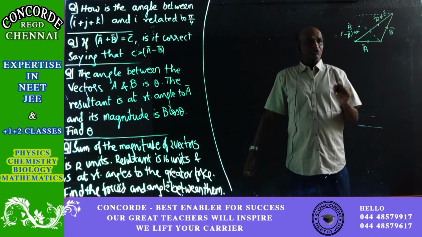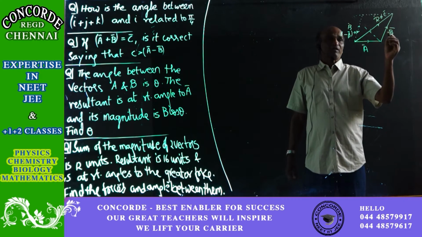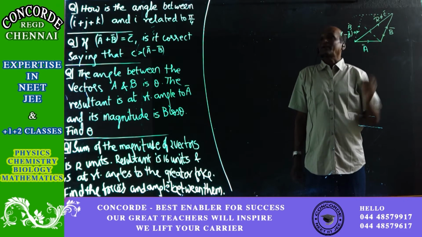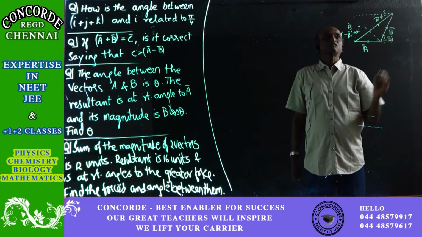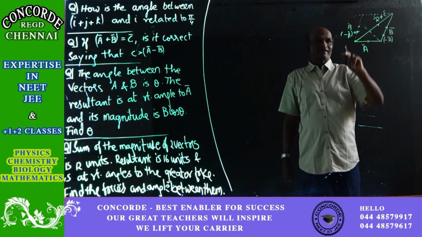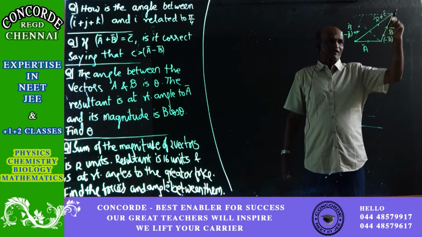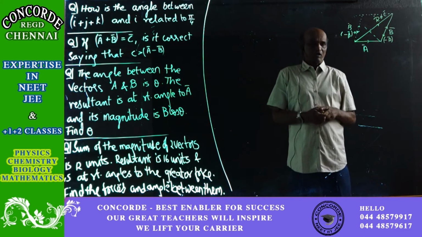You can also show it the other way, that this B bar, if you reverse the direction, then it will be minus B bar over here. All one and the same thing. Minus B bar when you reverse the direction, and equal in the opposite, so the other side also will be minus B bar, in reverse direction.